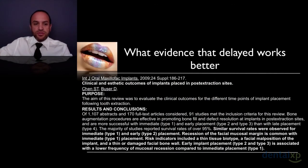Let's go down to brass tacks and look at some studies on whether there's evidence that delayed works better than immediate. Here's a study done by Chen and Buser. Let's go to the bottom part, because of the conclusions they gave, and I'll just read it. It says, similar survival rates were observed for immediate type 1 and early type 2 implants. So the survival rates were the same, but recession of the facial mucosal margin is common with immediate type 1